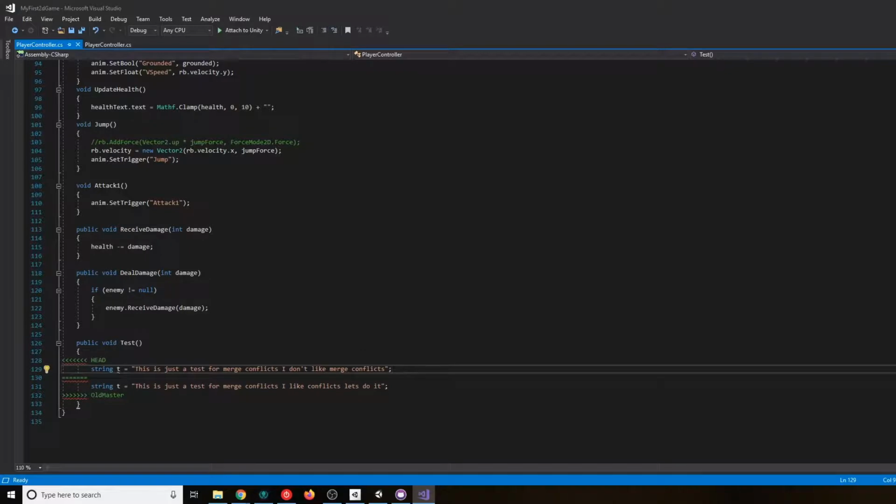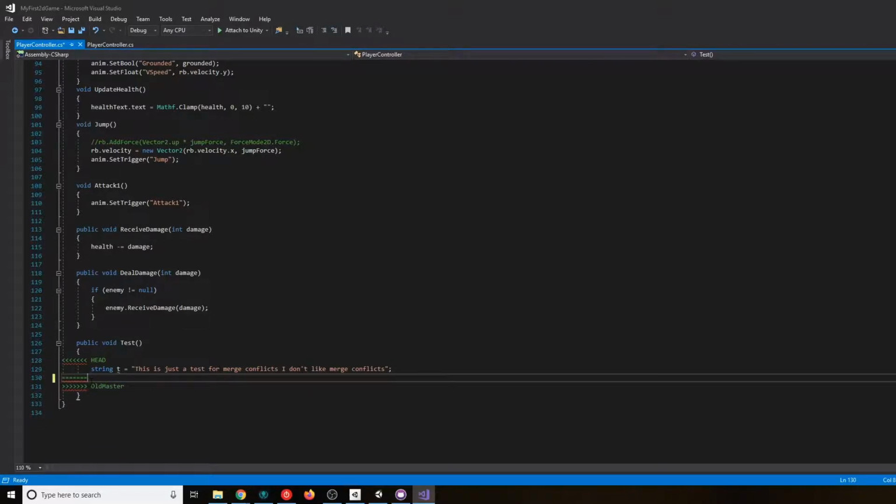In my local branch, I have this string, but it's conflicting with the same string in the old branch, the remote repository. So I have to make sure to say, okay, I just want to get rid of this line. I don't want it anymore, right? So we just go ahead and remove it.